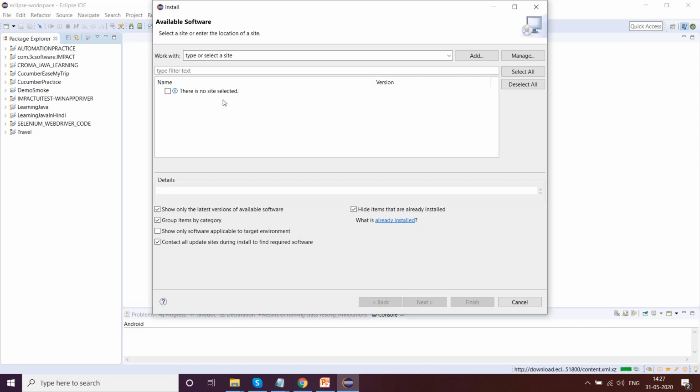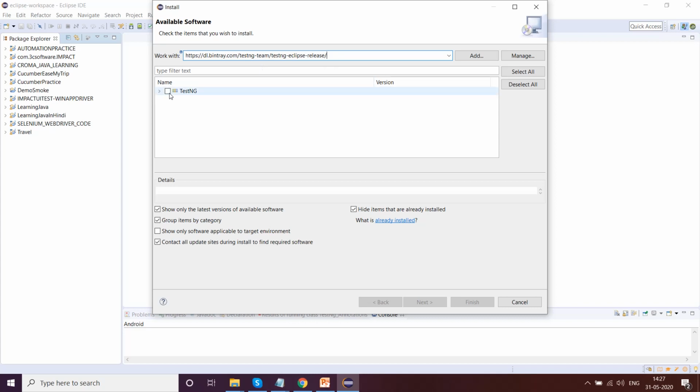In some situations TestNG will come up here; certain times it will not. In my previous Hindi video, which I did the day before yesterday, it came up, but now all of a sudden it is not coming up for whatever reason. So you can directly go to Work with, paste that URL, remove this dot, and the moment you do this, just click enter, and this will come up.